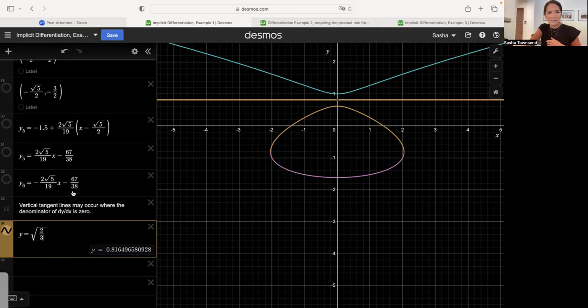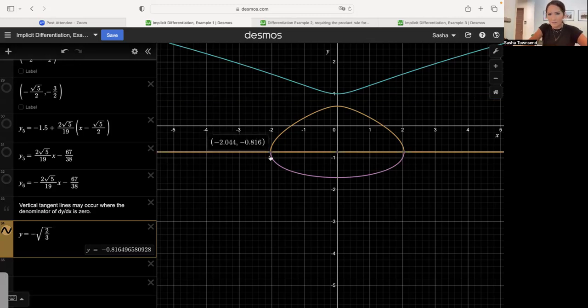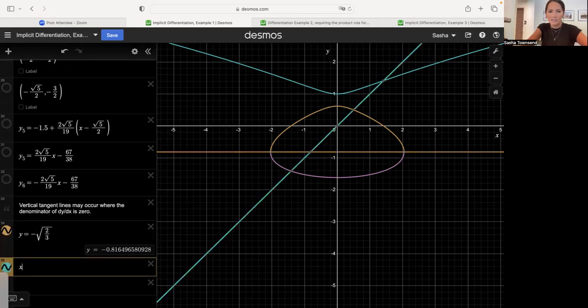But if I want to find the x value that corresponds to that vertical tangent line here and here, I just substitute this y value, the negative y value, which is where this bottom function switches into this top function, sort of the point of intersection between those two functions. We'll just substitute this into our equation for x and then solve. The equation just had an x squared in it, so it'd be easy to solve for x as a function of y. Our x value is going to equal plus or minus the square root